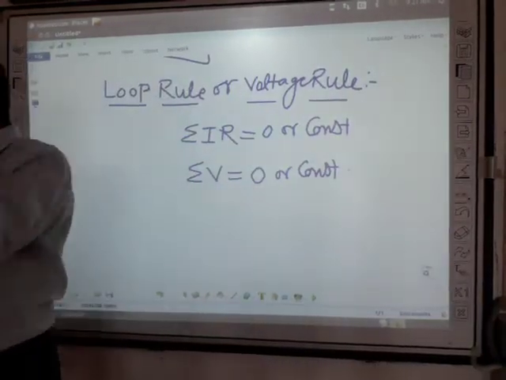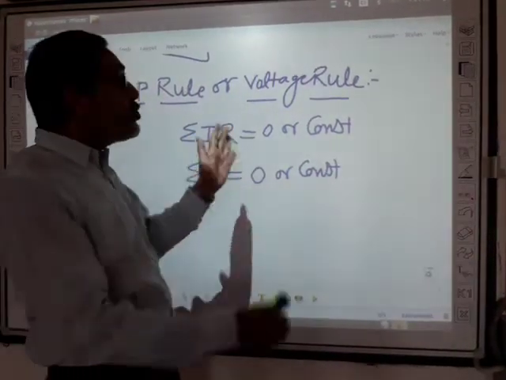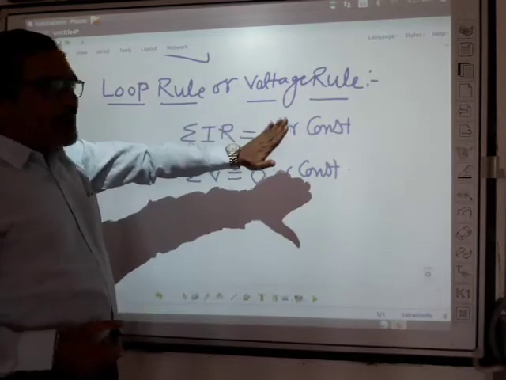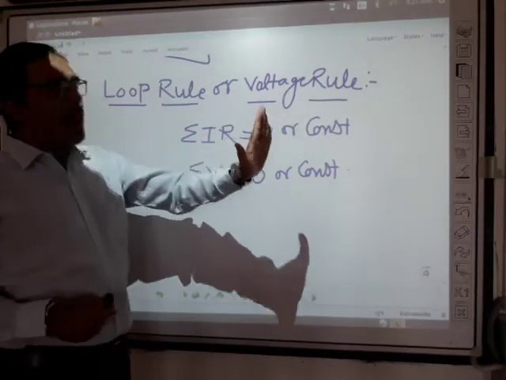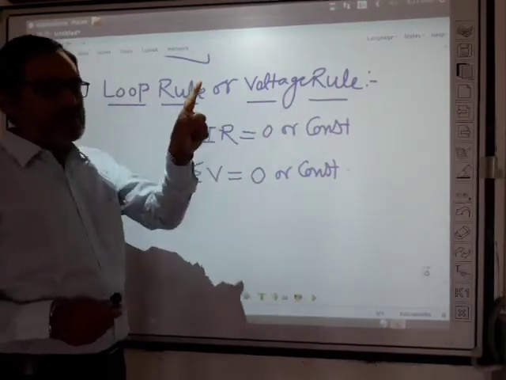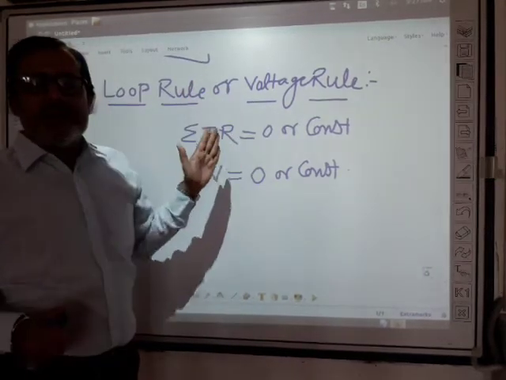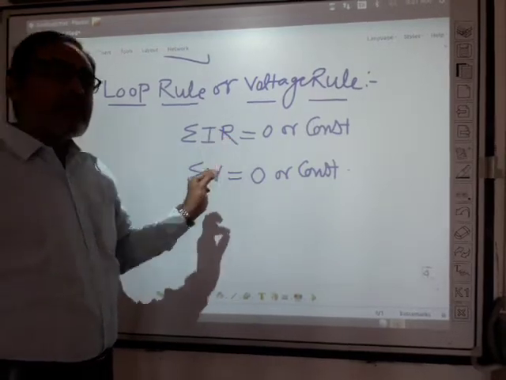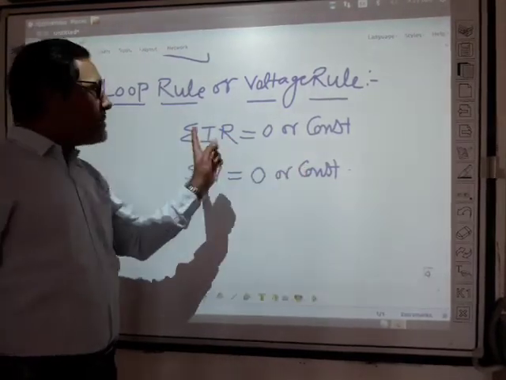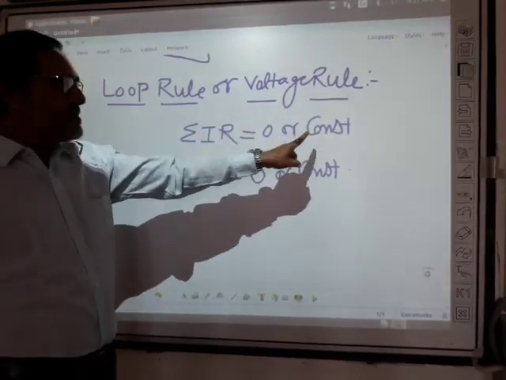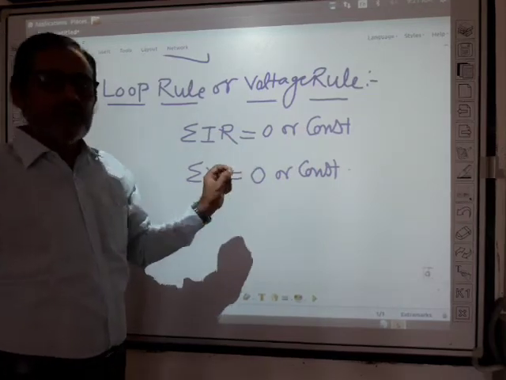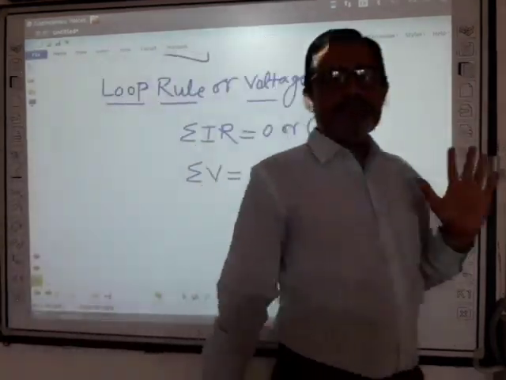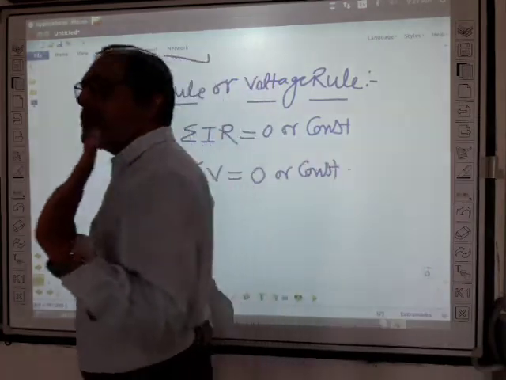Clear? So here we have to discuss the two main laws. First law: if current is flowing through any closed circuit, the circuit is to be closed. After this we will discuss. So if the circuit is closed, with current flowing through A2, then the product of this one is 0 and the product of this one is to be 0. Clear to all of you?